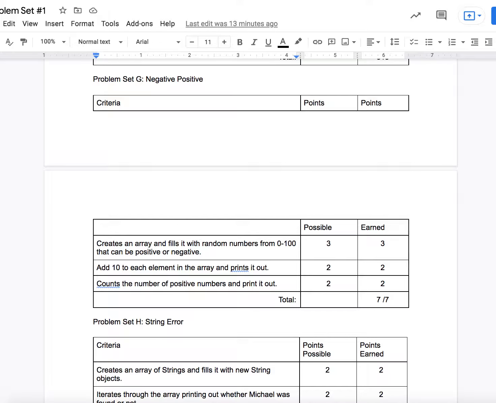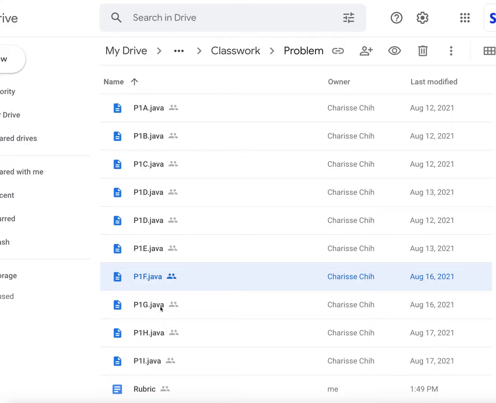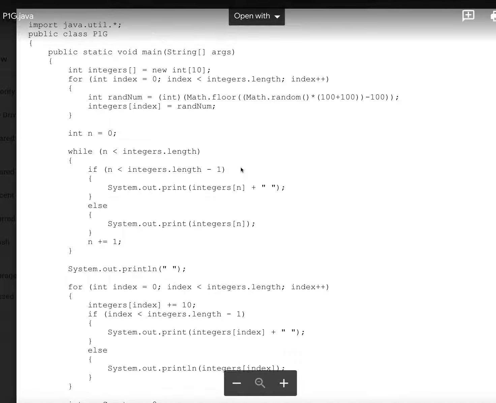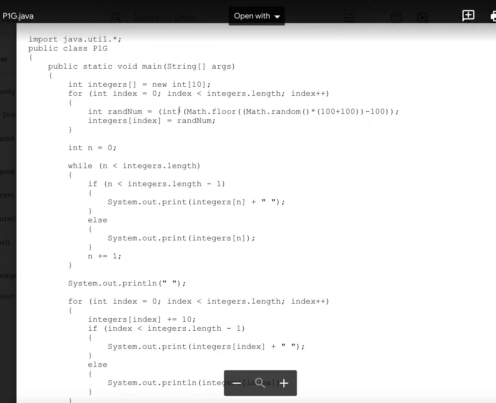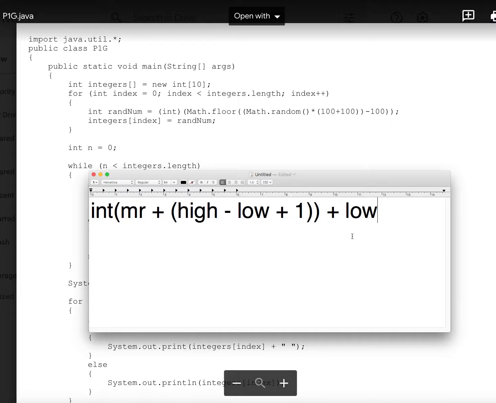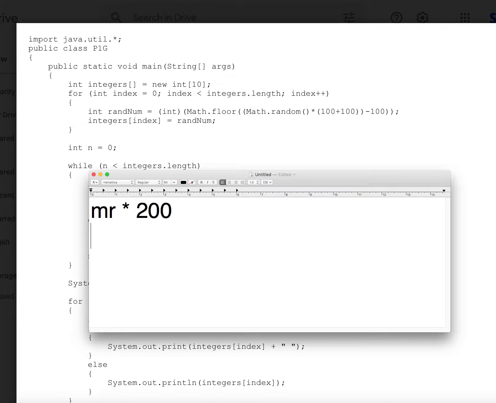Then we're going to negative and positives. Okay, so here, what are we doing here? Okay, so what she did is had a range of numbers, right? But her range of numbers is off, okay? And why is it off? Because she's doing math.random times 200. And math.random times 200 gives you a random range from 0 to 199.9999. We int that, and we get a random range from 0 to